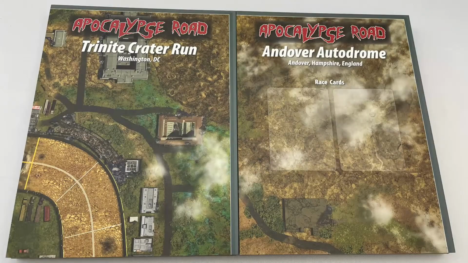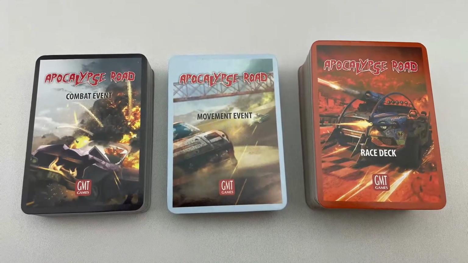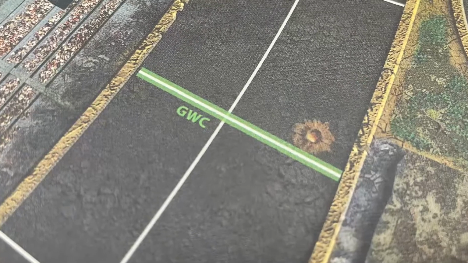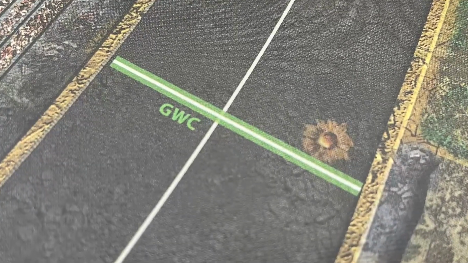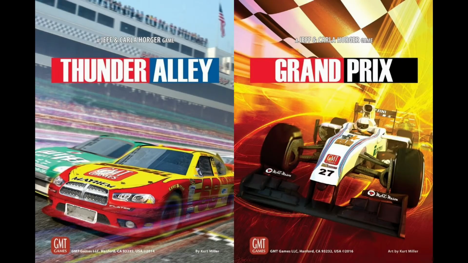On to setup. Pick one of the 4 tracks and place it on the table. Shuffle the combat, movement and race cards into 3 separate face-down decks. The tracks contain certain gameplay detail that I'll get to as we go, but just know this green-white line is for if you use these tracks to play the sister games Thunder Alley or Grand Prix, so just ignore them